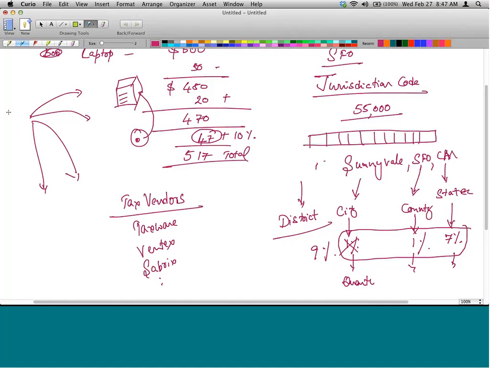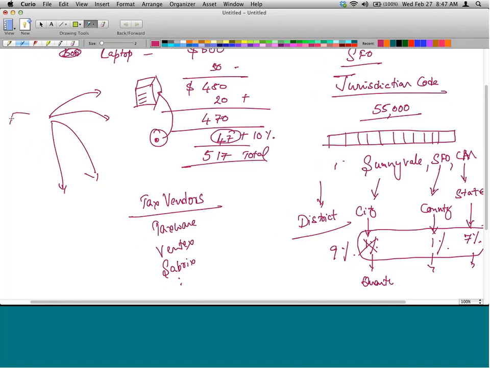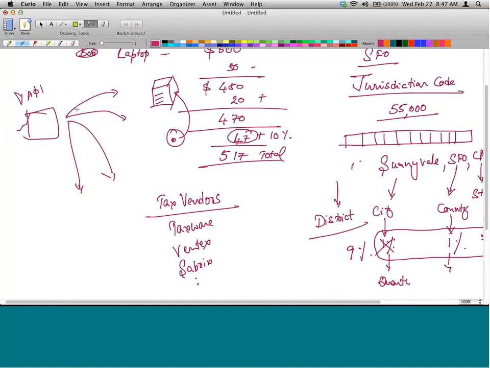But when you create a sales order in VA01, SAP has to contact this server and get the latest tax information and come back and charge the tax. How does it do that? It has to do it on the fly, online, while creating this order. Can it be done? Yes. And that can be done using,